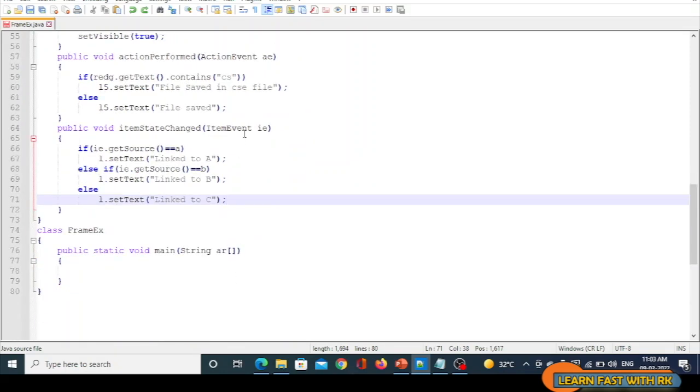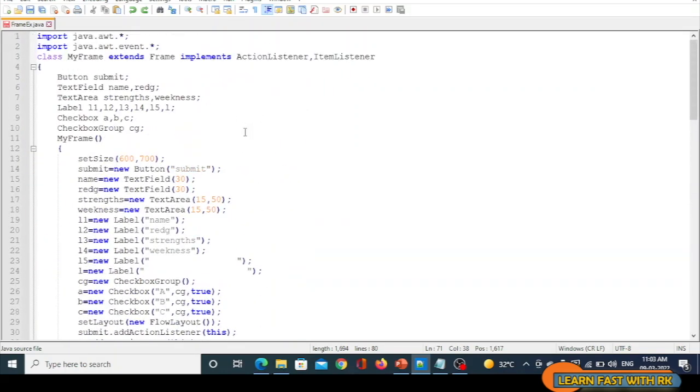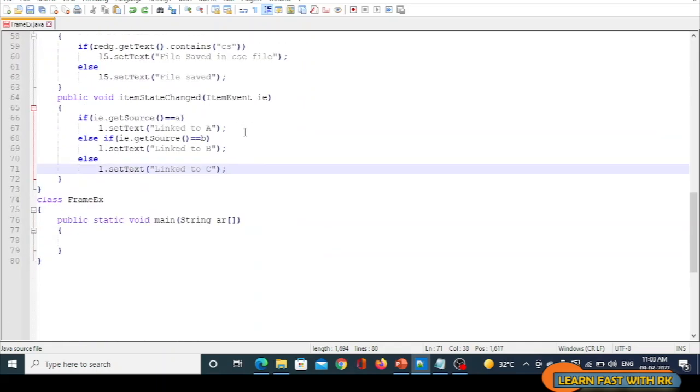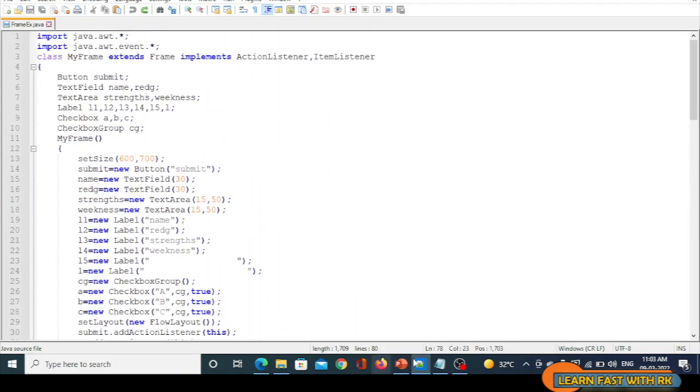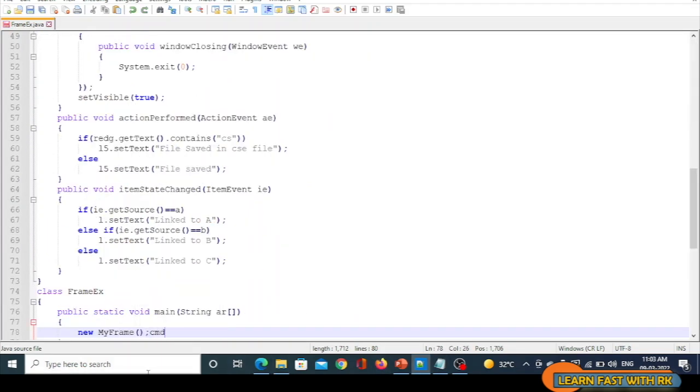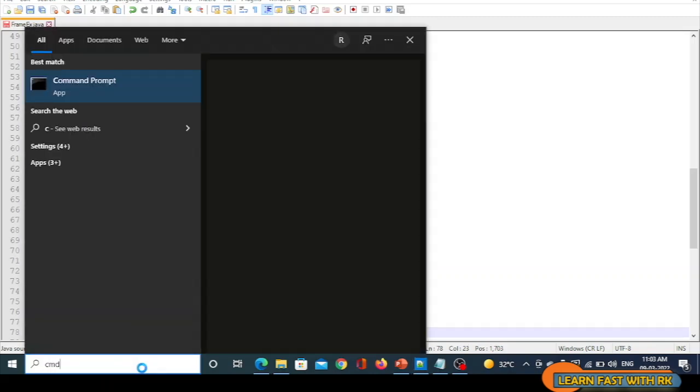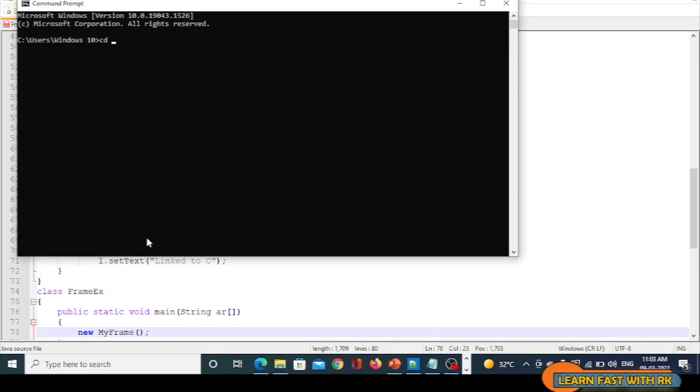And now I need to call this class object in FrameExample, that is new MyFrame. Now let us compile. javac FrameExample.java